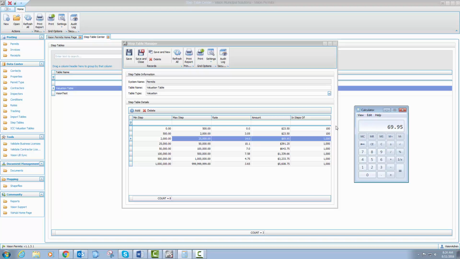Next, it needs to look at the in steps of and rate portion of this line to determine how to calculate the rest of the charge. Since our step value is $1,000 and our rate is $14, the system will add $14 for every $1,000 our valuation is above the minimum step of $2,000. Our valuation of $6,000 is $4,000 above our minimum step. Divide that by our step value of $1,000 and we find that our valuation hits that step value 4 times, and so our combined rate of $56 or $14 multiplied by 4 will be added to our base amount of $69.95 for a total of